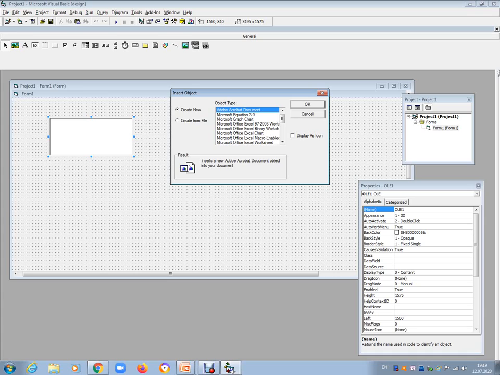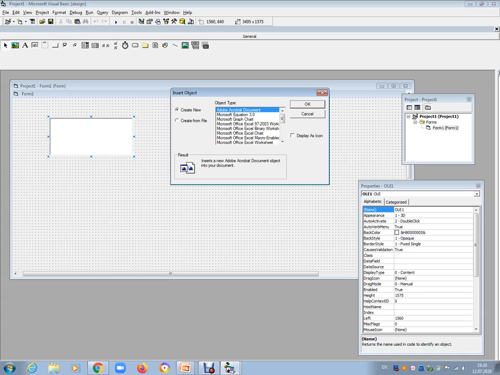These two options are used to get linked and embedded applications. Create from File means the linked object, that is, the linked application, is already in your file list, so there is no need to create it.